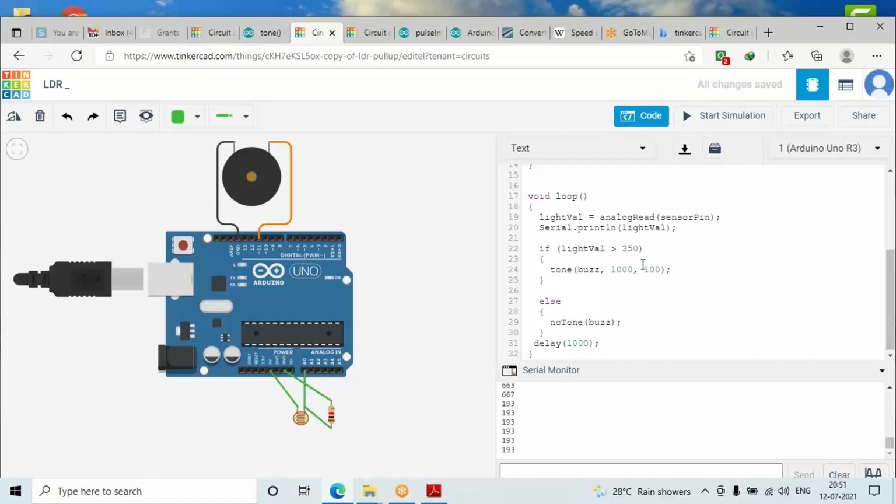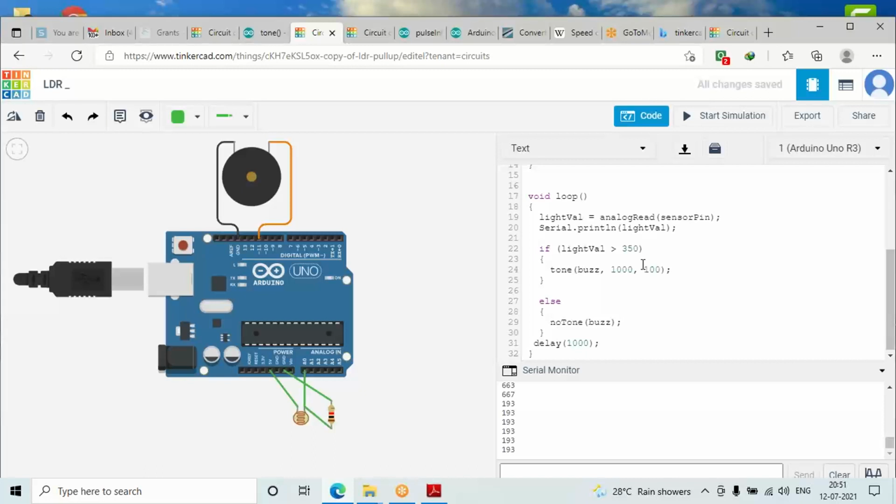Now we'll move to the void loop section and try to understand what is going on here. Again, as you know, we have a photoregister. What we have to do is read the value from the photoregister, and for that we have the function analogRead. Whenever you have any kind of analog device or analog sensor, you will always call the analogRead function to read the data from it. Keep that in mind. You can use any channel from A0 to A5.